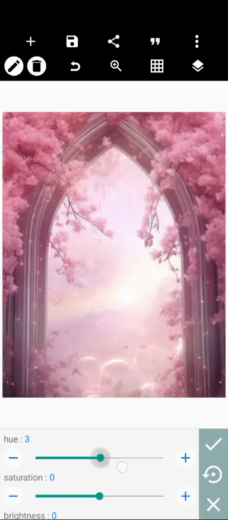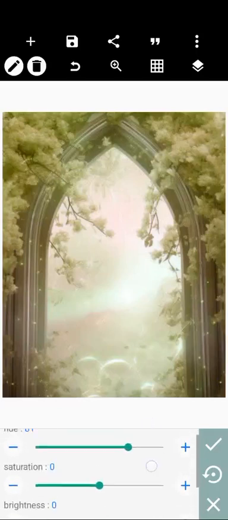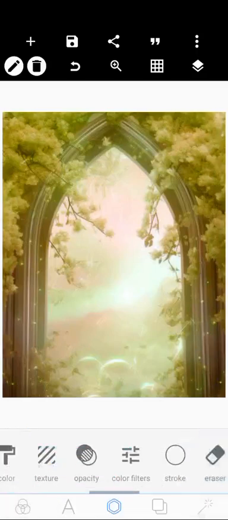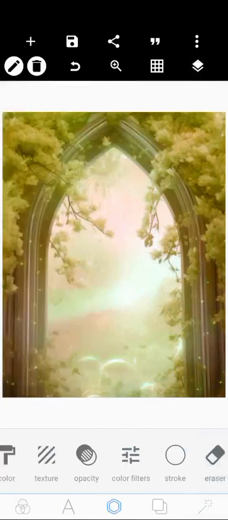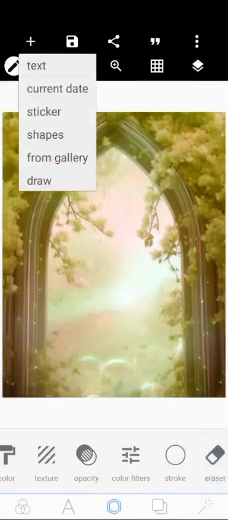I'm going to increase the hue to 80, yes, and then the saturation to like 20. So this is what I'm going to work with. I click OK, and then I'm going to lock up this particular background,